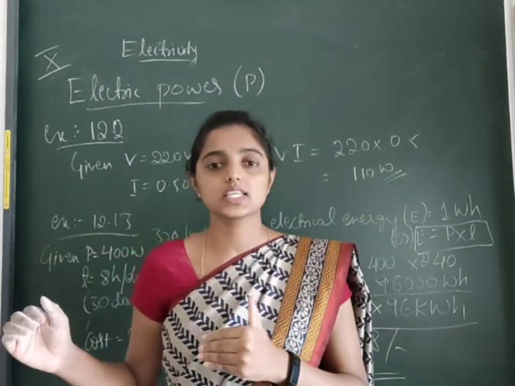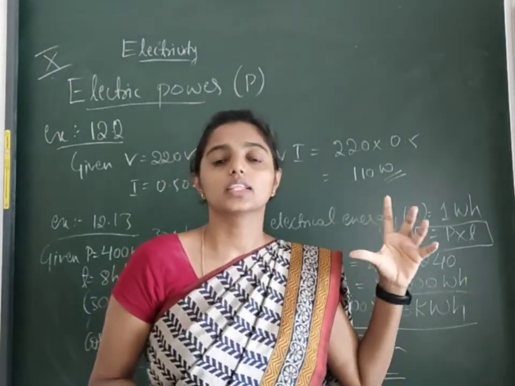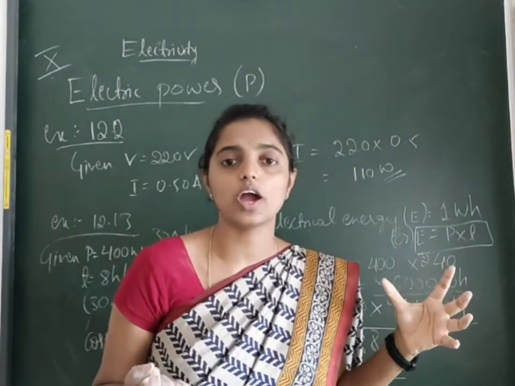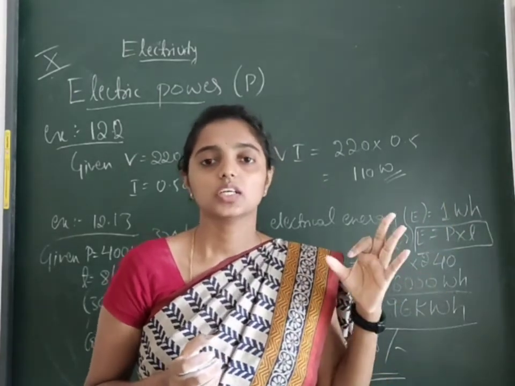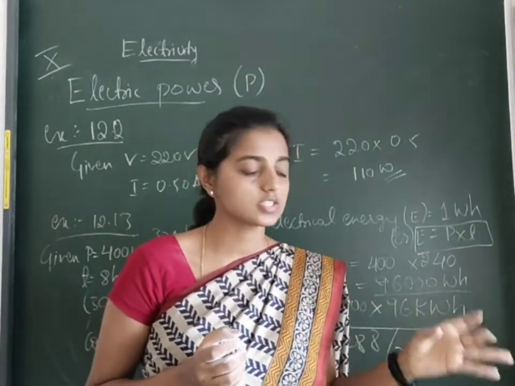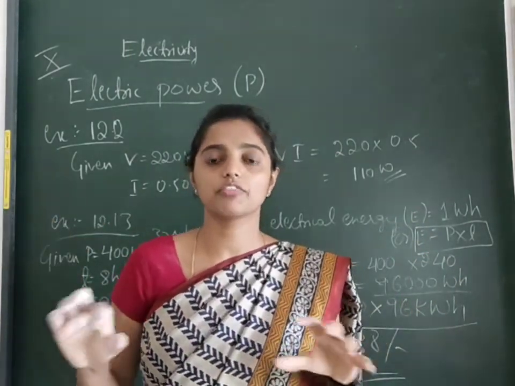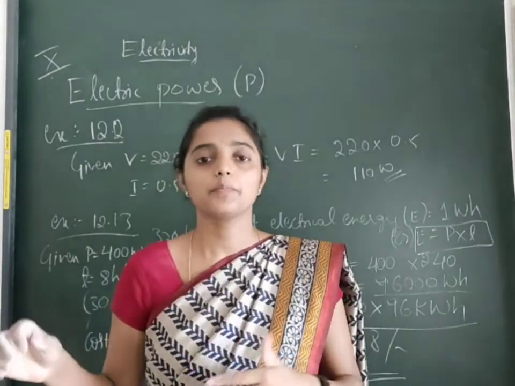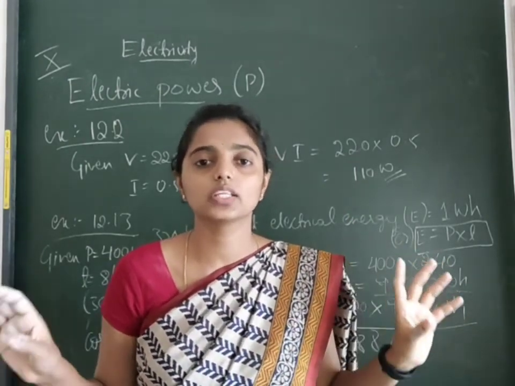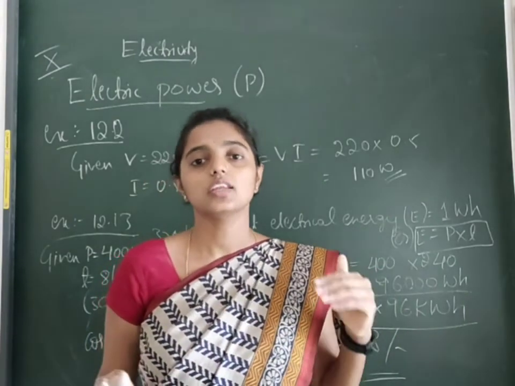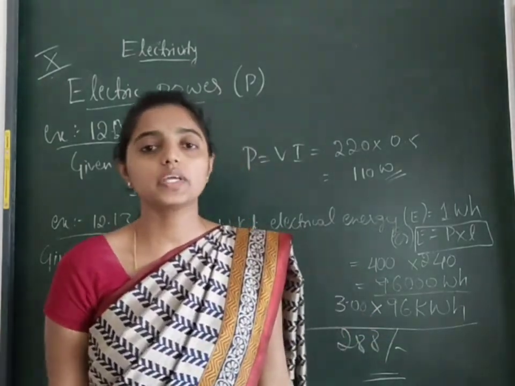So after completing series and parallel, at last we came to the heating effect. There we have one more derivation, that is to get the Joule's law of heating expression, that is H equals I square RT. After that we studied about the filament, that is tungsten, then fuse, its properties, advantages, disadvantages, then short circuit and overload. After that this electric power. So here the definition and three different formulas for the power, then a number of units, and in that mainly the common unit is watt, apart from that one commercial unit, that is nothing but 1 kilowatt hour. Then we solved a problem. So we completed all the topics in the electricity chapter.